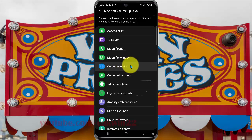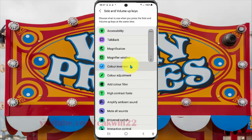Okay, let's do it. Try. Press side and volume up keys at the same time. Now color inversion was turned on, and then to turn off, press again side and